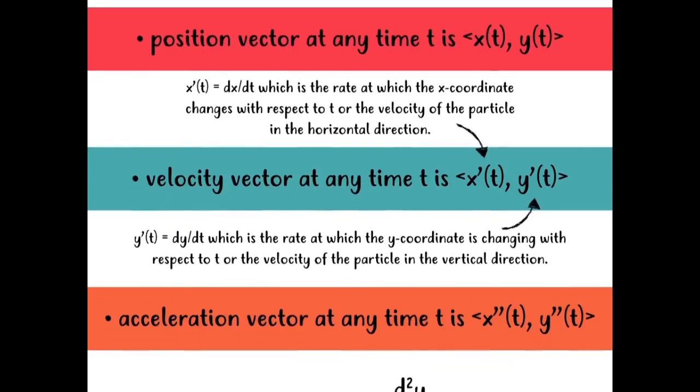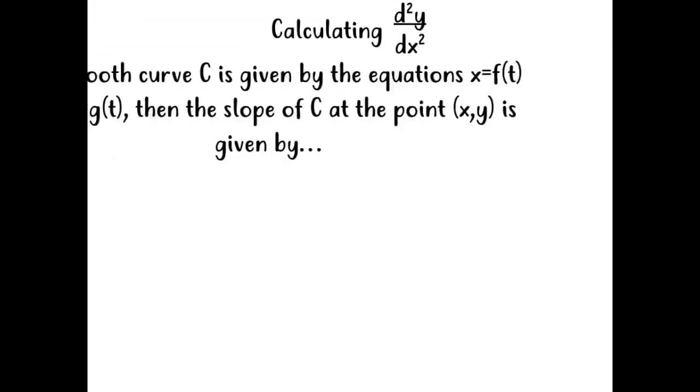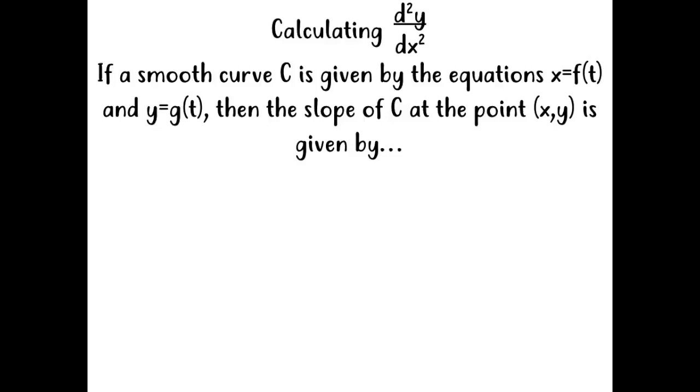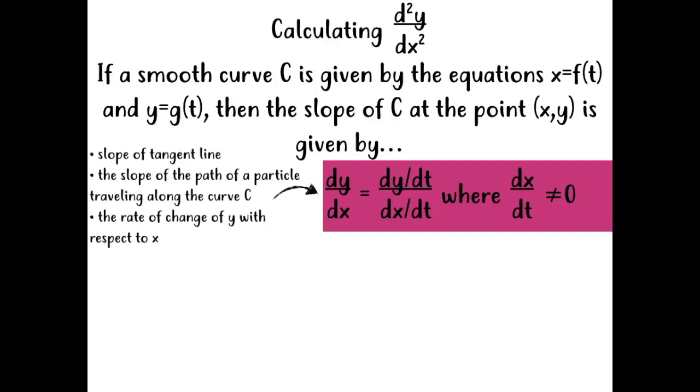We can also calculate the second derivative with respect to x. If the smooth curve C is given by the equations x equals f of t and y equals g of t, then the slope of the C at the point x, y is given by the following. We have dy/dx equals dy/dt over dx/dt, where dx/dt is not equal to 0. This is the slope of the tangent line, the slope of the path of the particle traveling along the curve